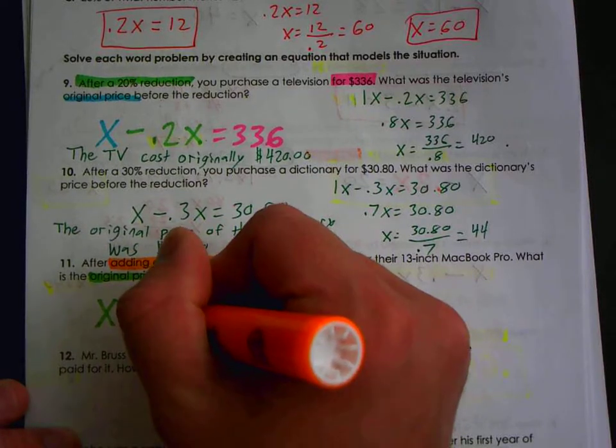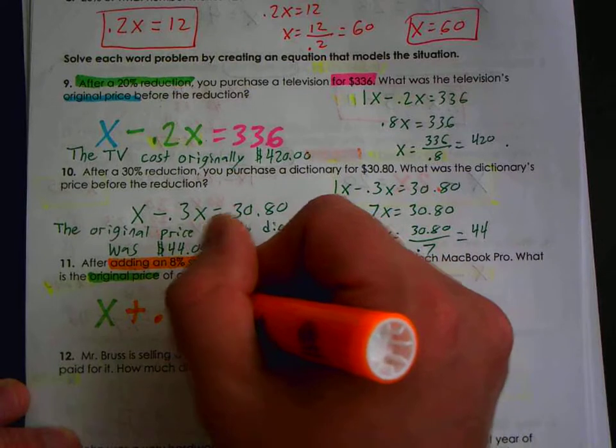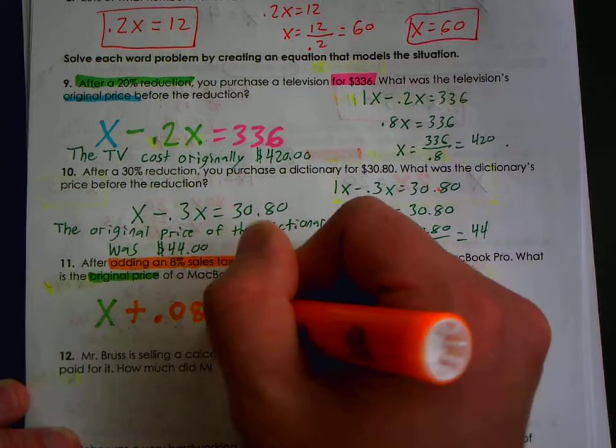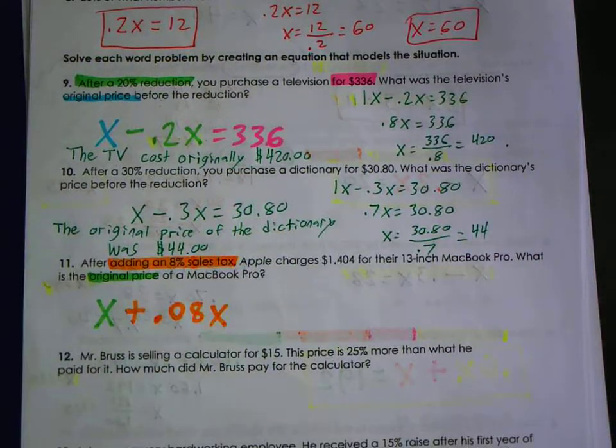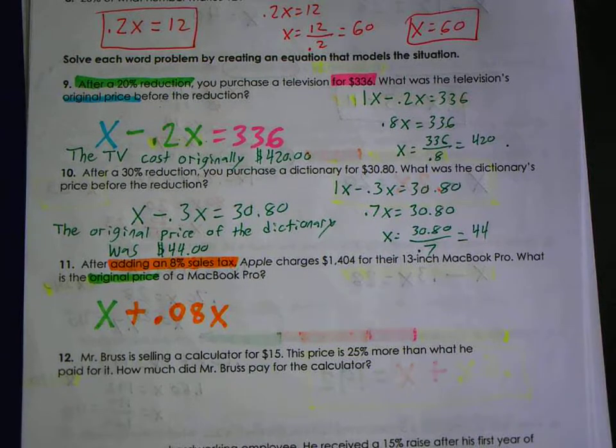Adding 8%. Don't forget about that 0. 8% is 0.08, 9% is 0.09, 10% is 0.1, right? So after adding 8% to the original price, your bill